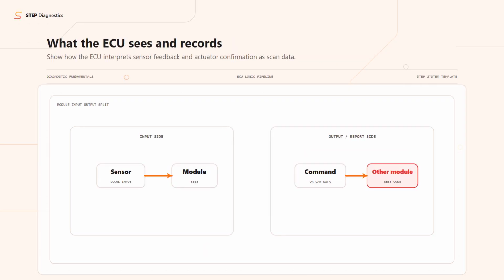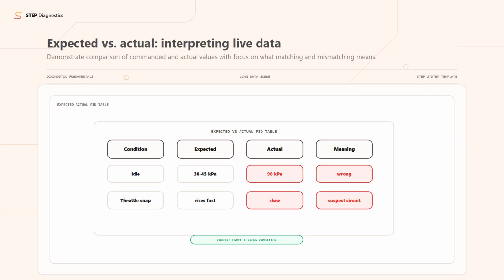The ECU can only judge system status through signals, position sensors, or feedback circuits. If a feedback wire is open or a sensor lies, the ECU's scan data may not match reality, misleading diagnostics unless verified. With the right operating condition, compare the commanded PID to actual system response. Matching values confirm function. A mismatch could be due to wiring, actuator failure, power, ground, or even a second fault